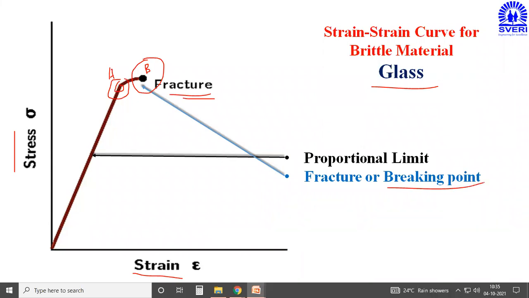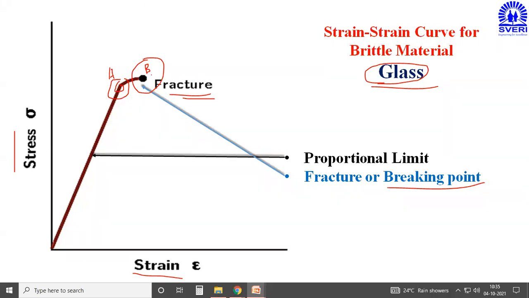In case of a ductile material, you will get the points A, B, C, D, and then the end point will be considered as E. But in case of a brittle material or in case of a glass, the upper yield point, lower yield point, and ultimate stress points are not visible because this is a brittle material. So there should not be any elastic deformation or plastic deformation in case of glass. If I throw the glass, it will take some proportional limit, but after the proportional limit, directly it will break into a number of portions.